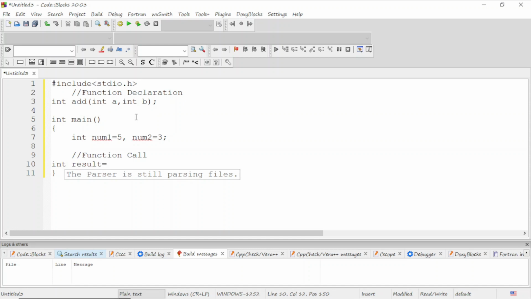Now the function for that is to add something, which is your num1, comma num2. Okay,